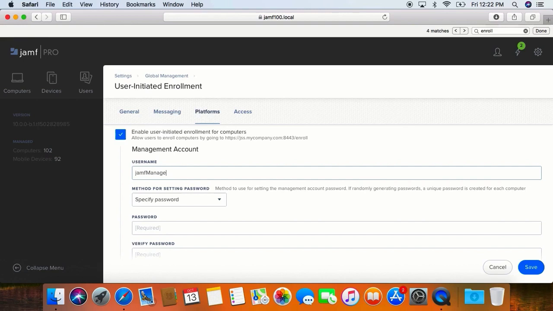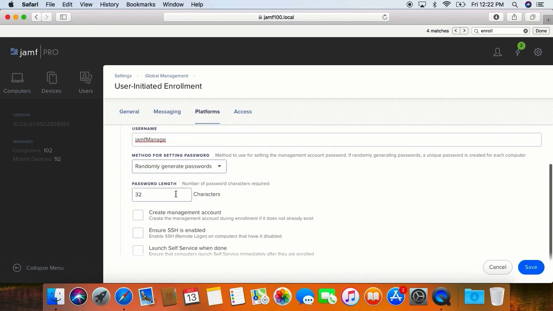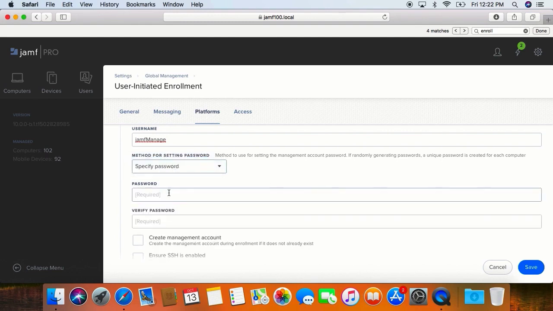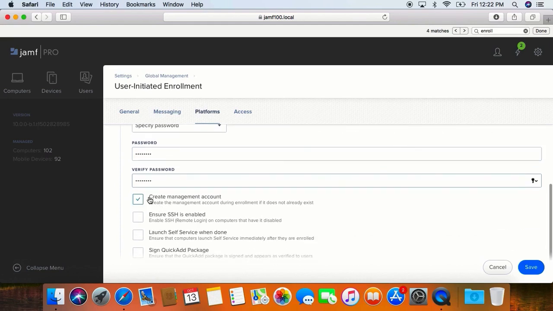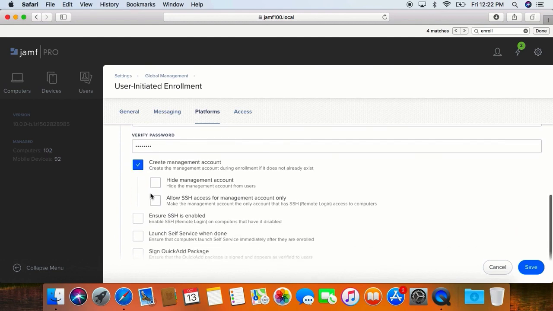Provide a password, or I could randomly generate this password, meaning no one but the Jamf Pro server will be able to log in with this account, since we don't know what the password is. This is often seen as a more secure option. Next, we have the option to create the account. If we do not create this account, we cannot use Jamf Remote. We may also want to hide the account, so users do not see this management account as active on their